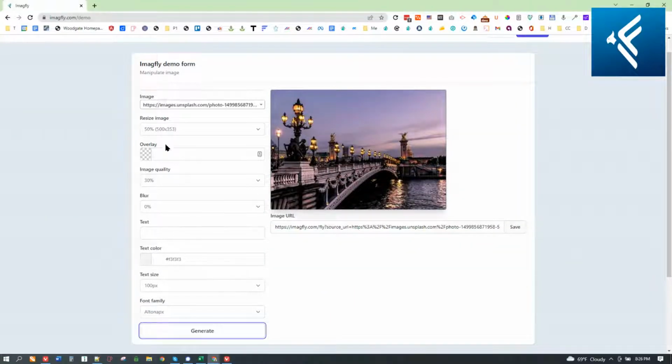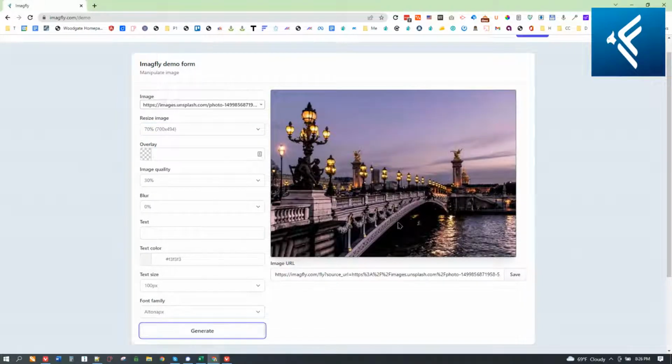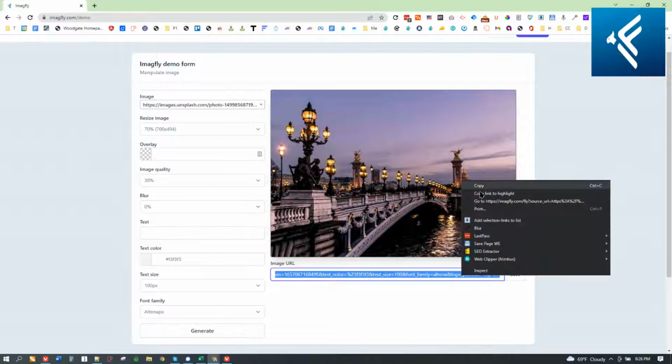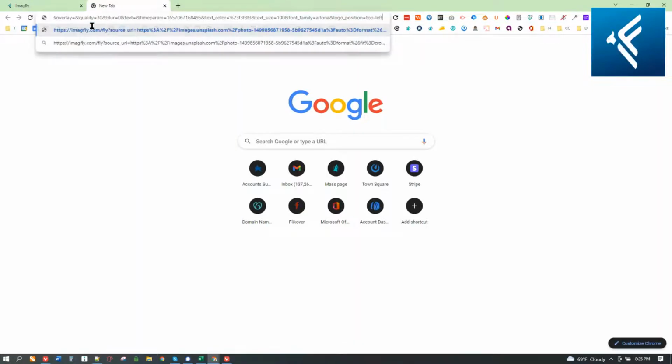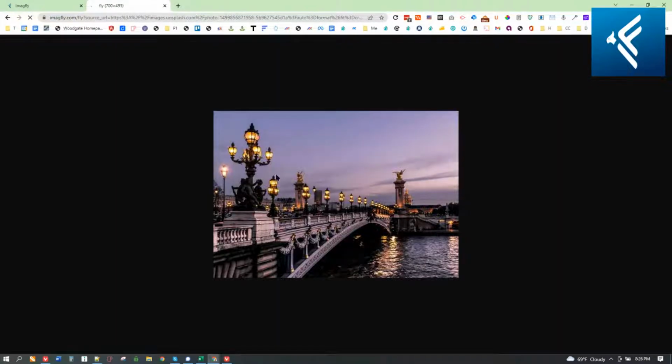Now, this image is a little bit small. Let's go here. And it's based on a percentage. Okay, so now we've reduced the image size by quite a bit. So if we take this URL and we paste it in, okay, you're going to see, here's the image.